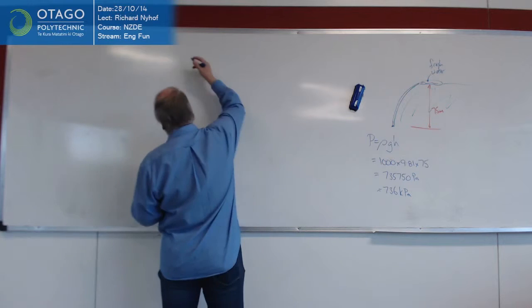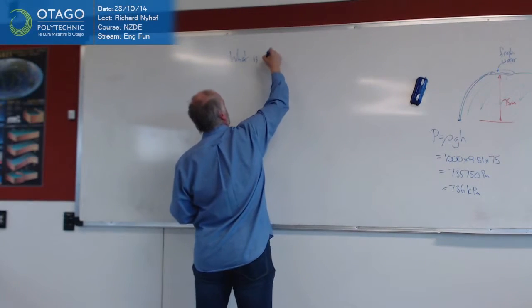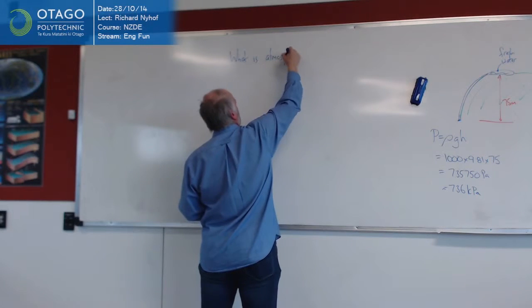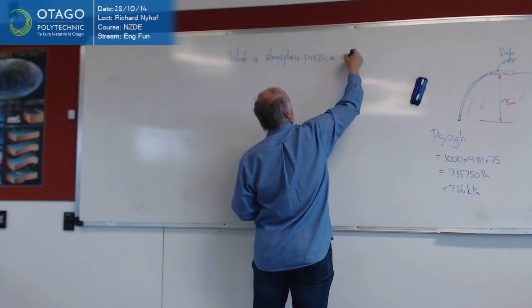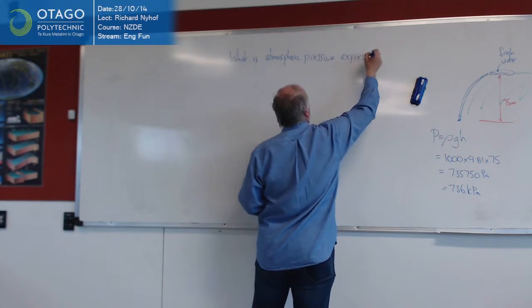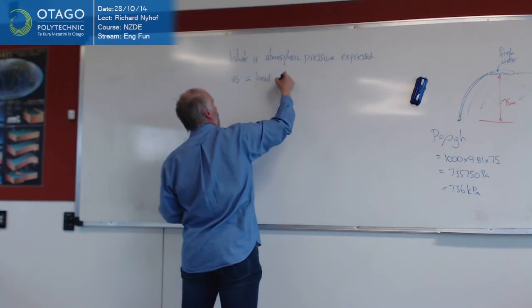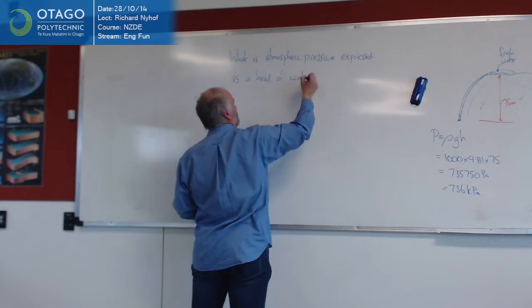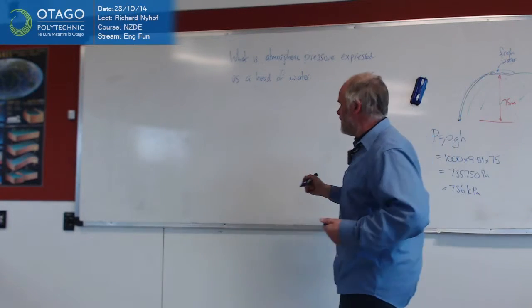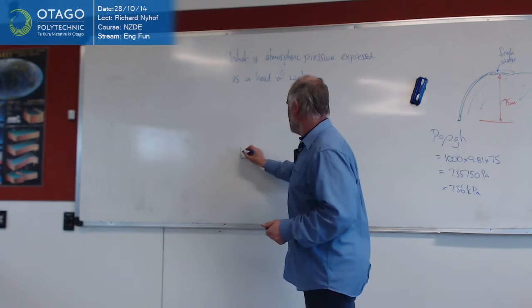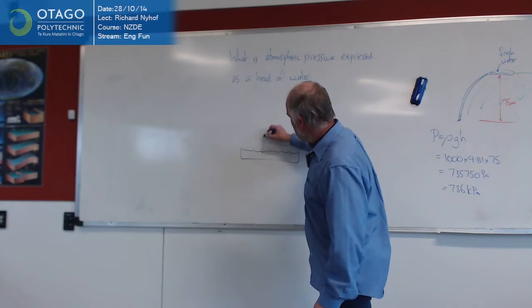The type of question you might see is, what is atmospheric pressure expressed as a head of, say, water? So what the question is really asking is, if you had a tank full of water and you put a tube in it,